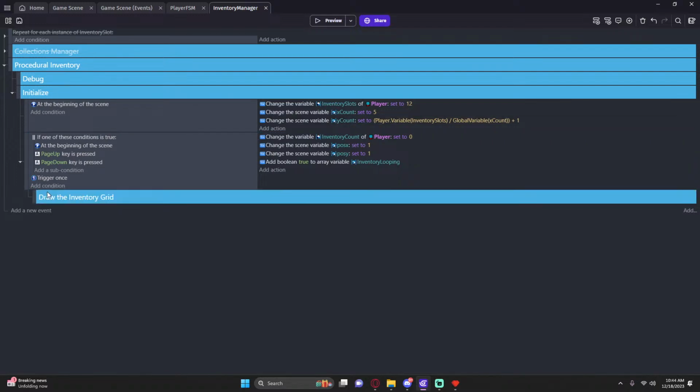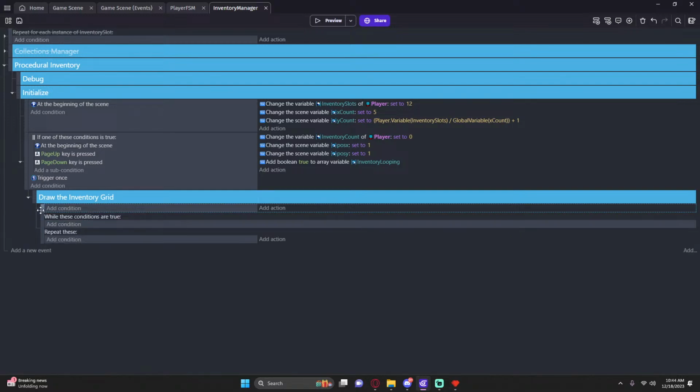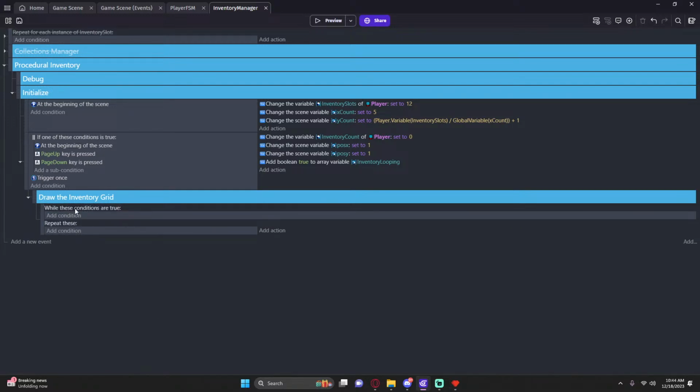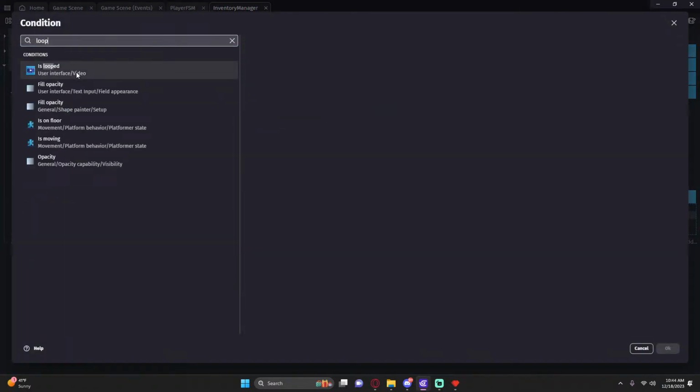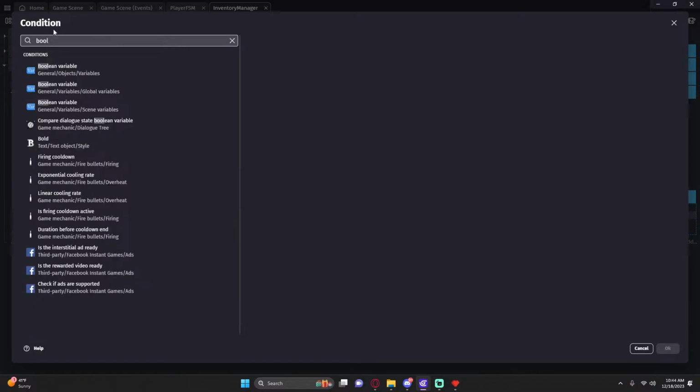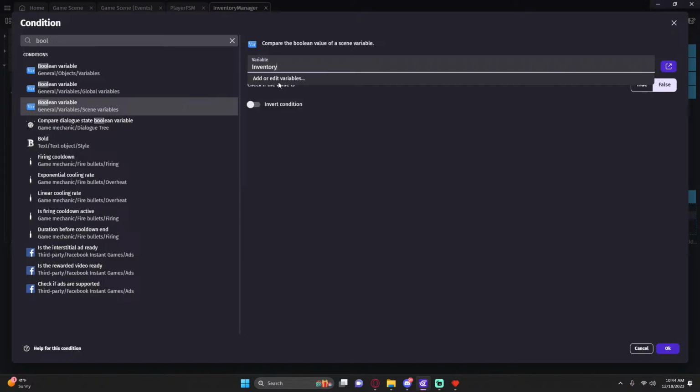This is where we start drawing the inventory grid system, and we add that right under it in the hierarchy. We need to put that in our loop. And so we need to add in a while here. So while these conditions are true, let's do this. So if the looping of our scene is the first thing we need to do, so if the loop, and this is a Boolean, so if the scene Boolean for inventory looping is true,